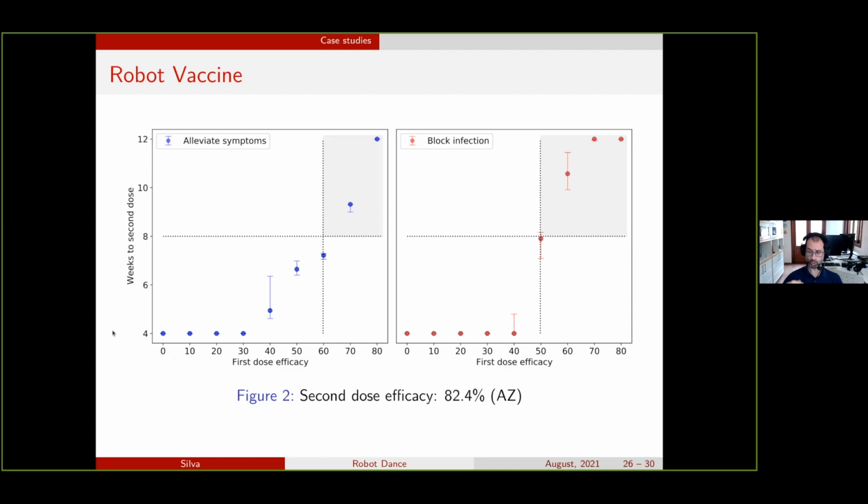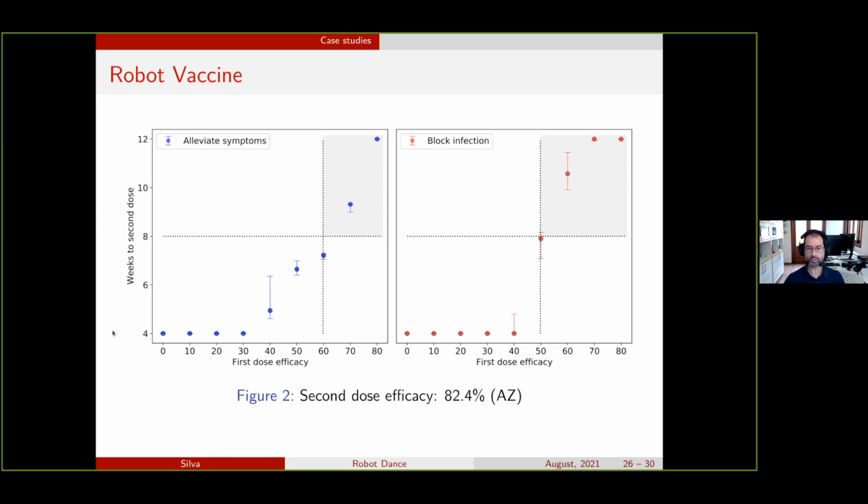And then we want to look at the solution and see, oh, I see the optimization problem is deciding that I should postpone the second dose. Why? Because by doing this, it can open the society sooner. Good, so this is what I'm going to do. So instead of saying that I'm going to postpone the second dose because it makes sense, I have more reasons to understand whether I should postpone the second dose or not.